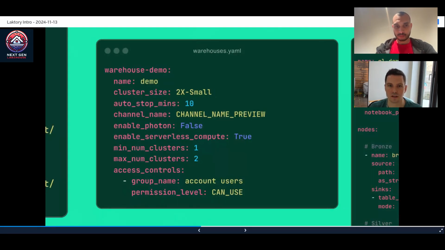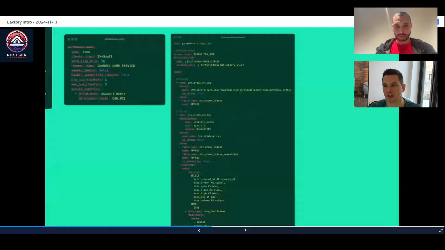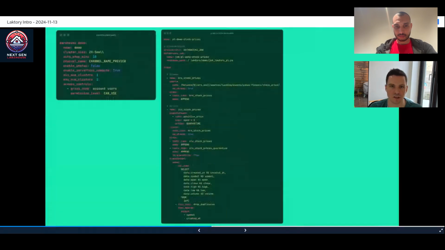You also have the ability of defining a pipeline. So this is really the key feature of Laktory. You define your pipeline, and you can define an orchestrator. The orchestrator will be essentially what will be running the pipeline. Currently you can deploy it as a Databricks job, but you can also deploy it as a DLT table, which is super interesting because